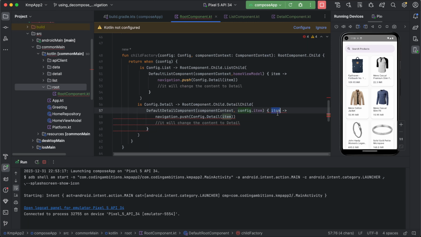And this one is the on back test. So on back test, what we need to do is we need to pop that configuration, right? So if we are on the current configuration, suppose detail child here, and the user presses the back button, we just need to pop that config from the navigation so that we can return back to the list component. Okay,